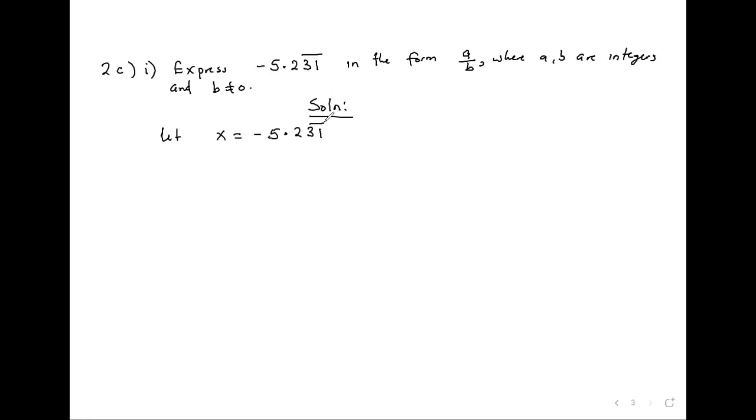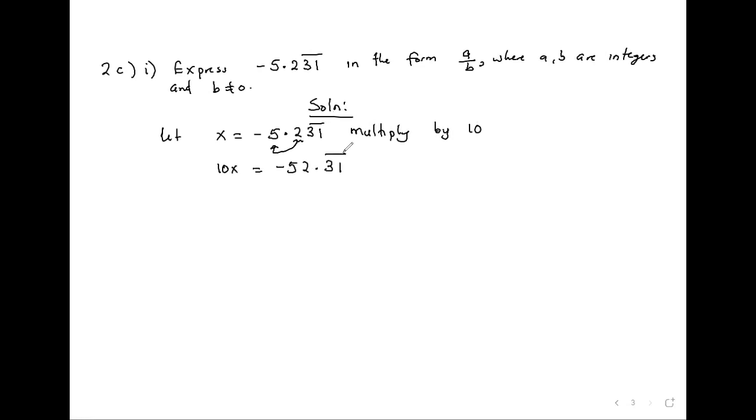Because the numbers we have as decimal places, one of them is not under the bar. So we must move it to the left decimal place. So how do we move a number to a different decimal place? We multiply by 10. So you look for the zeros to multiply with. Since you're moving a single number, we multiply the whole thing. So multiply by 10, so that we have 10x is equal to negative